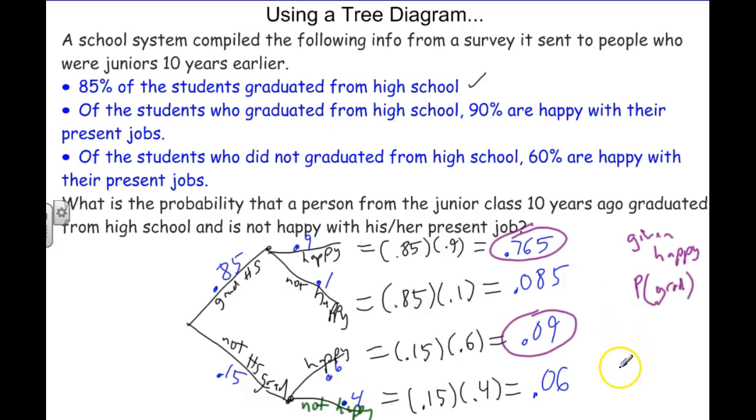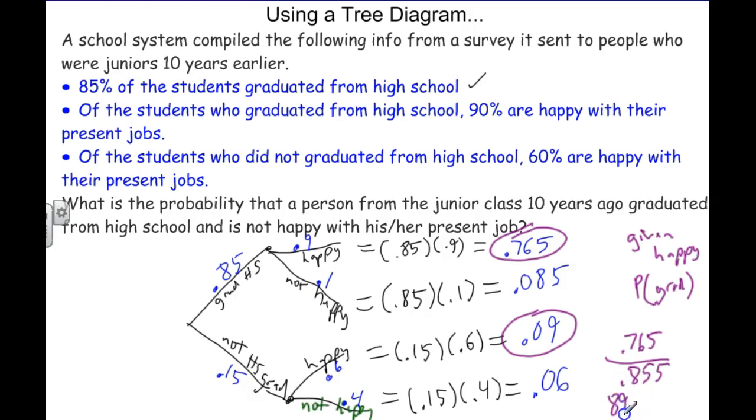So in the denominator here, we have 0.855. Now, of those folks, all 85.5% are happy, but I only want the folks who graduated high school, so that would be 0.765. So then I would take 0.765 divided by 0.855, and you get